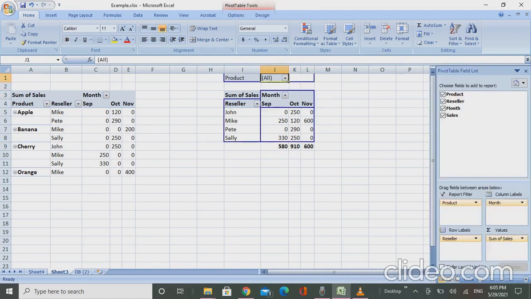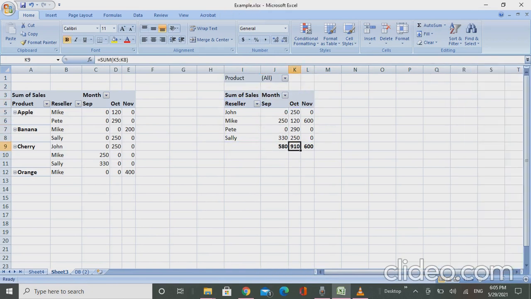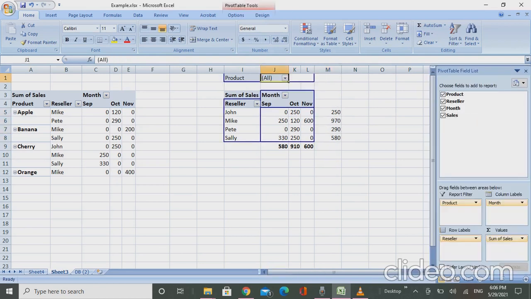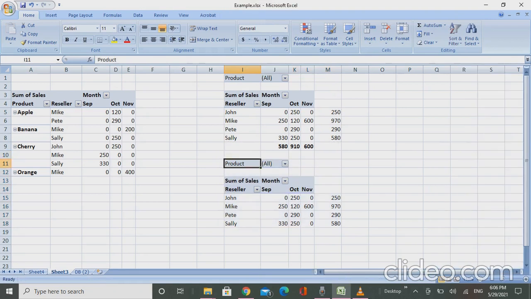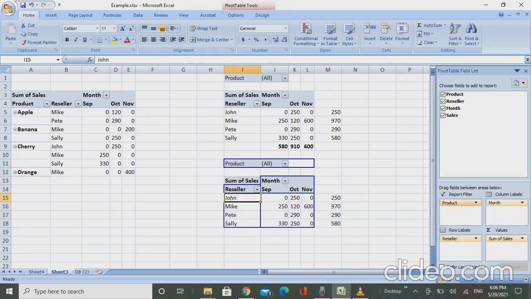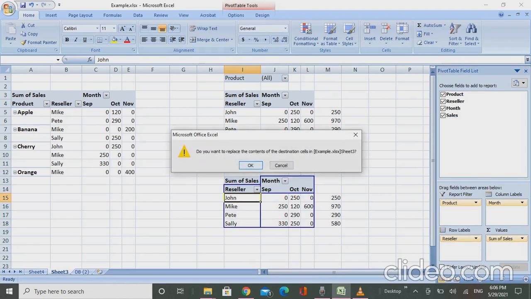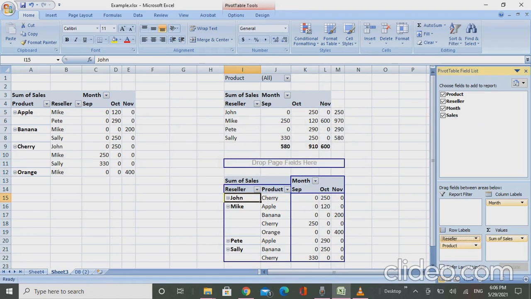So if I see the total of all of these, I'll do a sum of it, and I'll drag this formula down. So the highest sales are by Mike. Okay, and even I can do one more thing with it. I can copy this downwards, and I can see product wise sales. For this I can do this, and I'll copy the reseller to this report. So which product sales are the maximum, I can see over here.